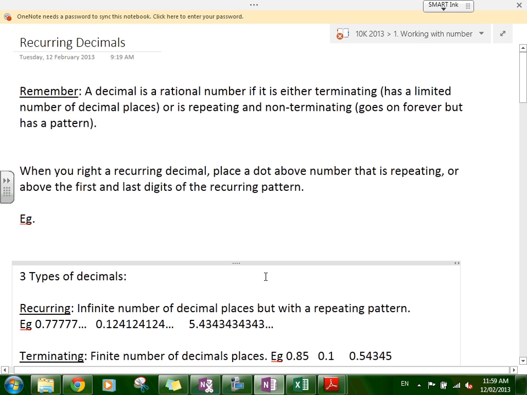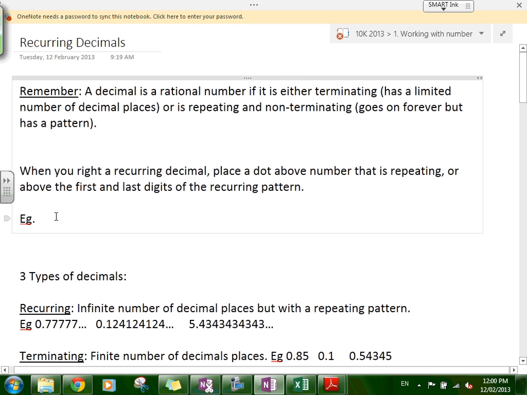And just a notation thing, when you write a recurring decimal, you place a dot above the number that is repeating. Or if it's a pattern that's repeating, you place a dot above the first and the last of the pattern. So for example, we have